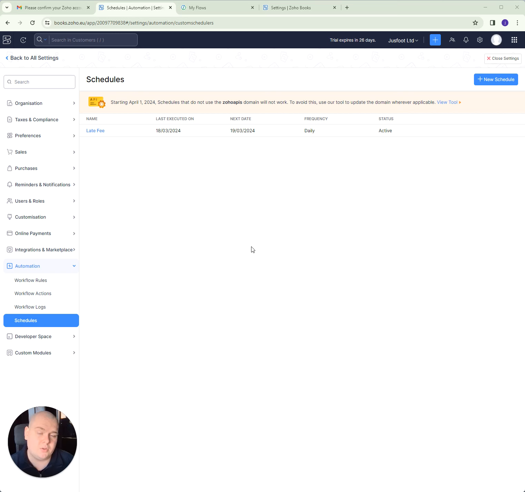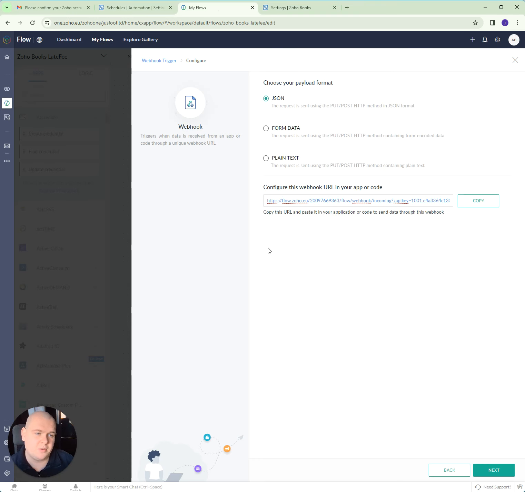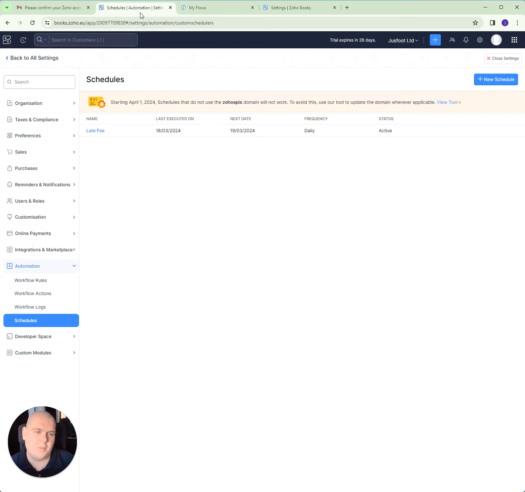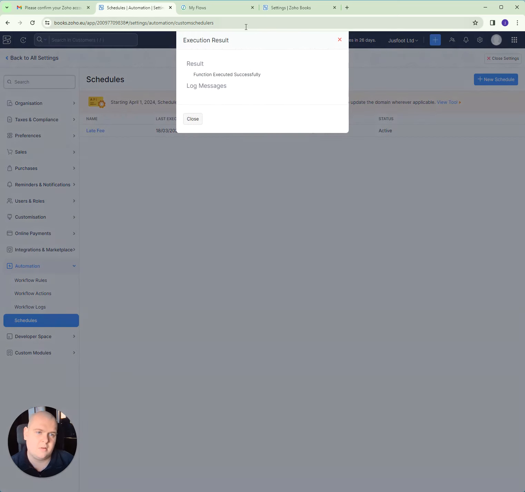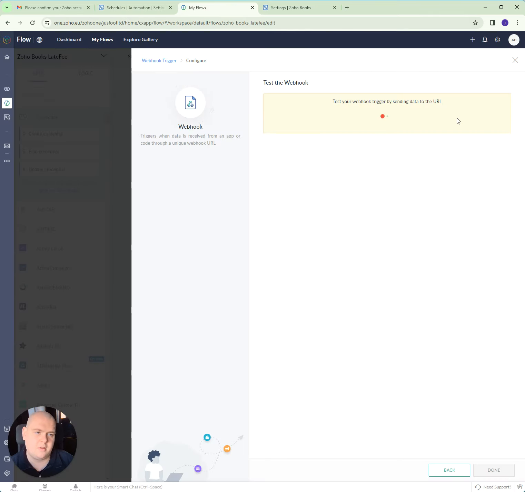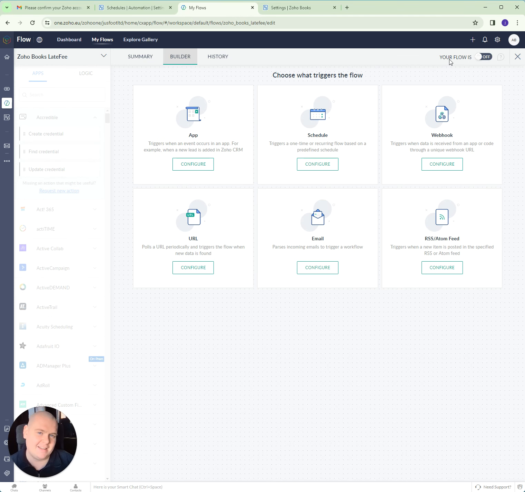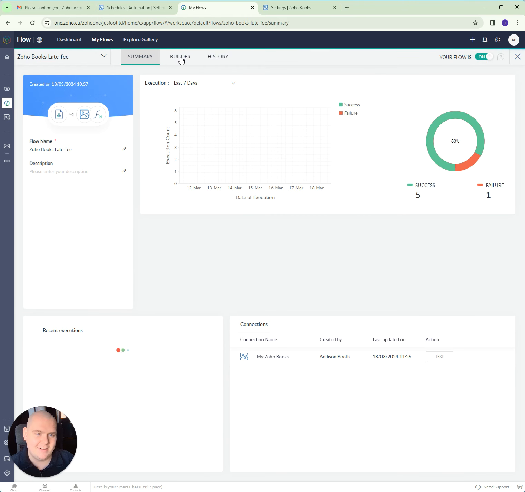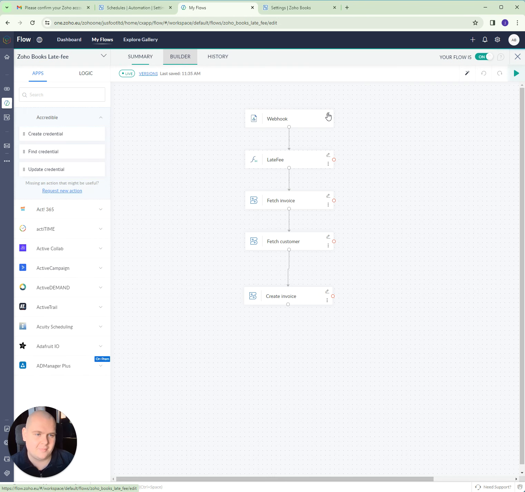Next, what we need to do is trigger this function so that it comes through on Zoho Flow. So we're going to click next in the Zoho Flow page, test webhook. Then what we're going to do is execute this function. Execute now. We should then get some payloads. Oh, sorry, it won't work on this one. This is a different function. So if you click off this, like on Blue Peter, this is one that I set up earlier. So if I retest this again,